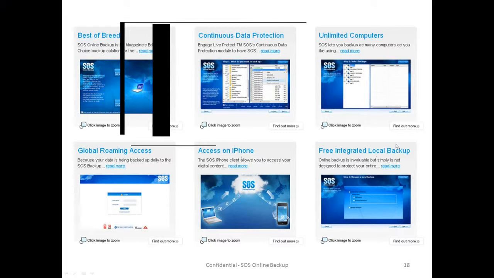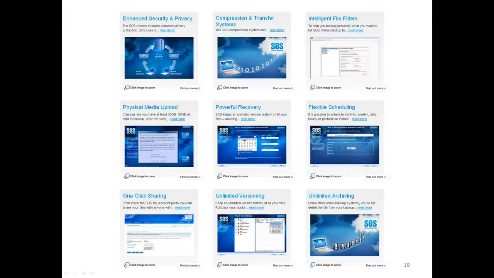So enhanced security and privacy. We often get questions around security. I'm happy to take any questions, and Lynn's already talked about this. Our UltraSafe security model is a private key encryption model where we encrypt the data with military-grade encryption before the data ever leaves your PC or your office.